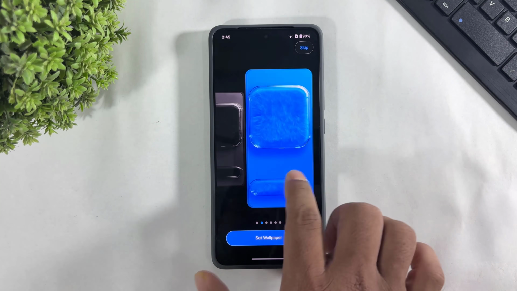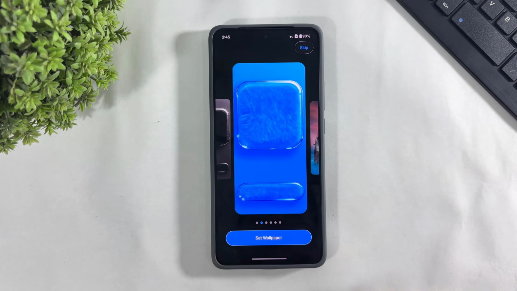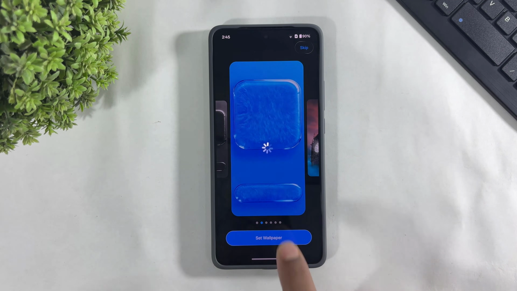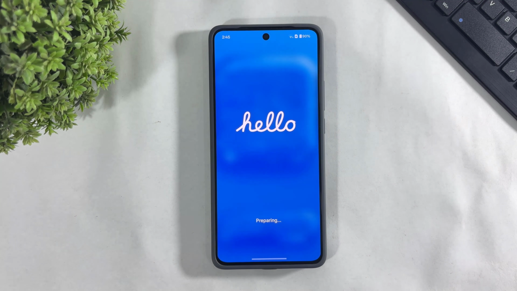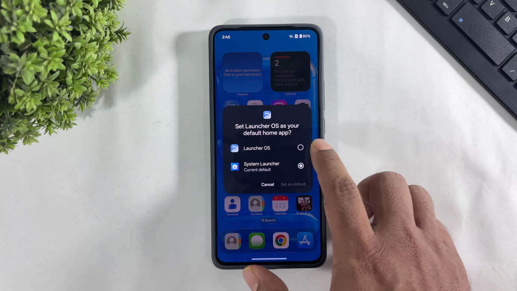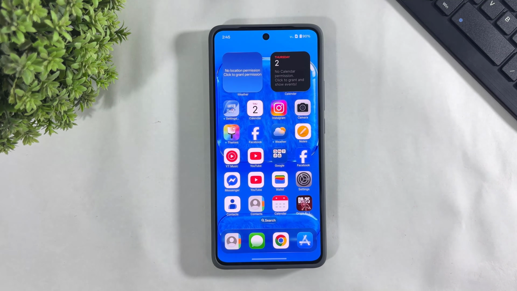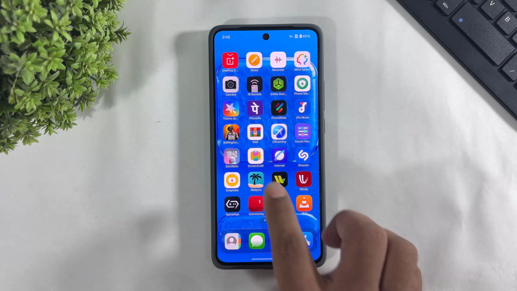Look at these stock wallpapers also available on this launcher. Simply select one and tap on set wallpaper. First, guys, set this launcher as the default launcher. After setting, guys, look at this liquid glass dock,